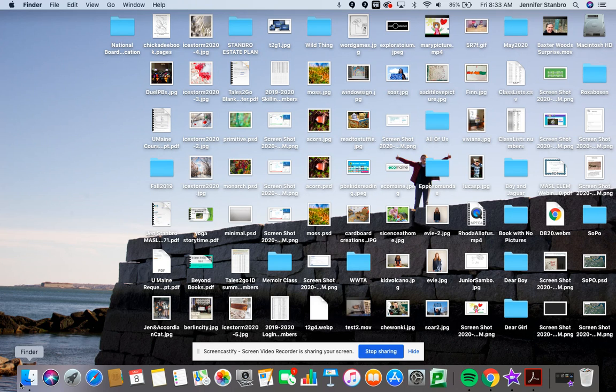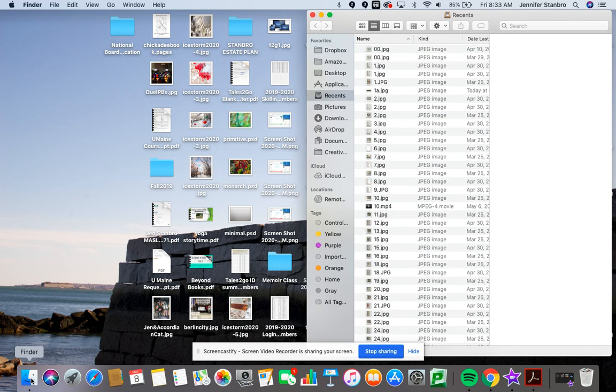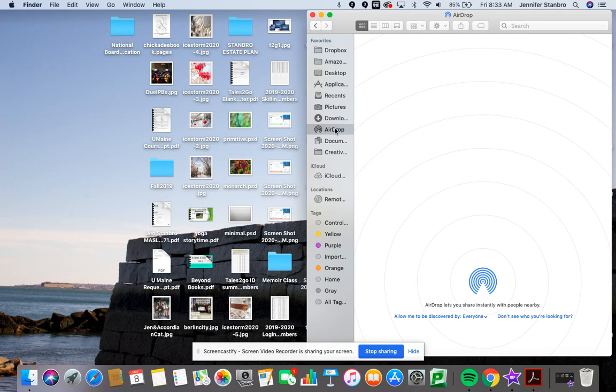I also make sure that I have AirDrop set up on my computer. So go to Finder. If you haven't done this before, you can go to AirDrop. Make sure that your Bluetooth is on and that you're discoverable. Like if my Bluetooth were off, it's going to say, oh, turn on Bluetooth. And then also you want to make sure that it doesn't say, allow me to be discovered by no one. You want it to be everyone or contacts only. You want to be able to see your own cell phone on there, and you're going to see it's going